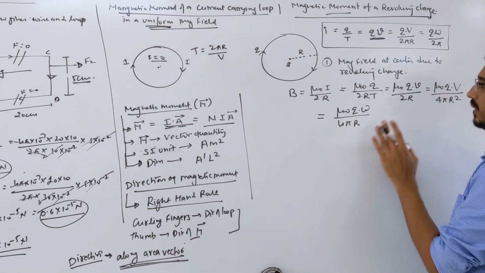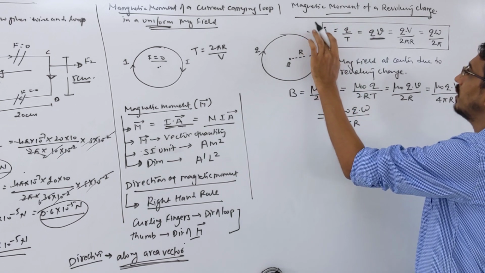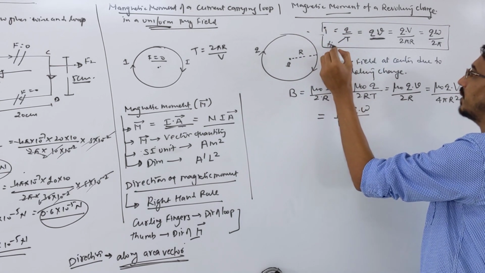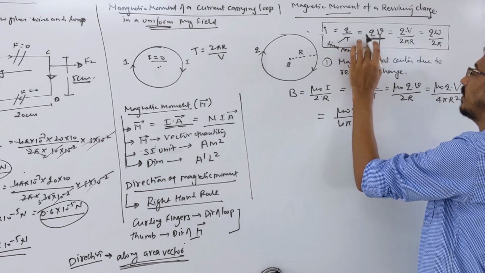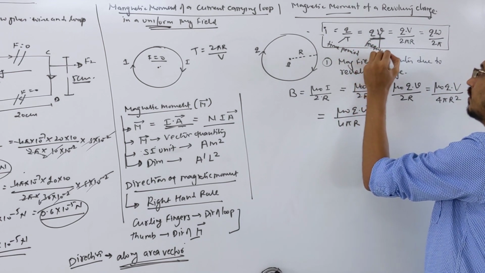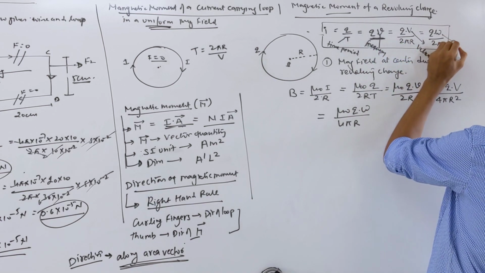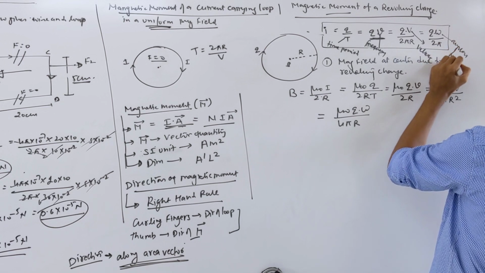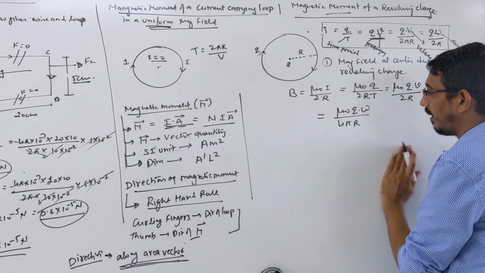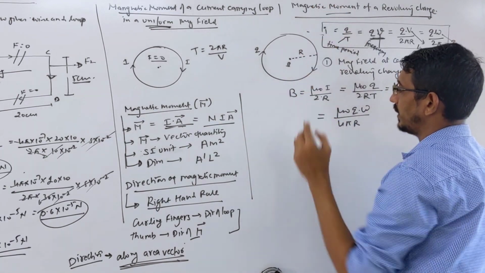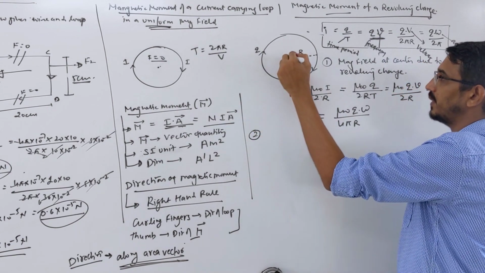There is nothing big. So once more I'm writing. This is the current format, okay? This is the time period format. This is your frequency format. This is your velocity format. And this is your angular frequency or angular velocity format, okay? All of these have been asked in the exam. Now I'll move on and find the magnetic moment. So the first question I answered: the magnetic field due to a revolving charge at the center.